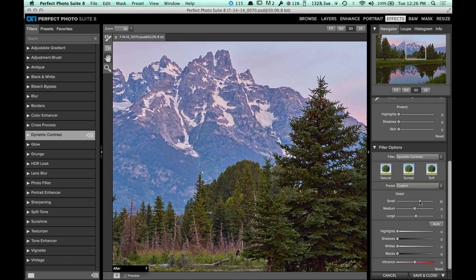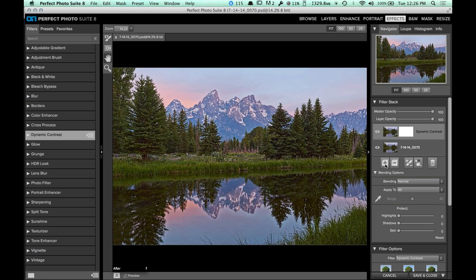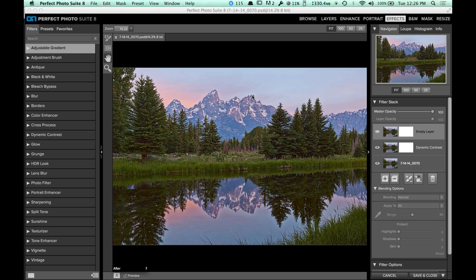Okay, again, if I went too far, we can see how it just starts looking too sharp and too blocky, and that's not going to translate well into print. Okay, good, got that. Then we'll go into darken that sky just a little bit again, so we'll go into the